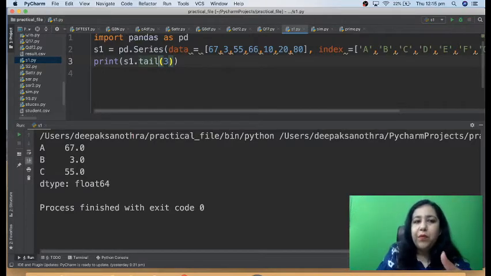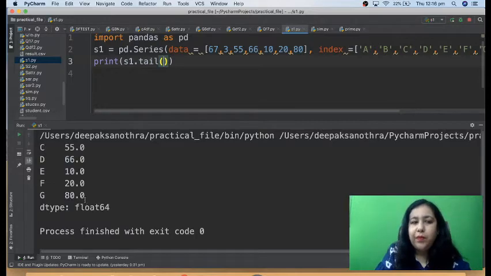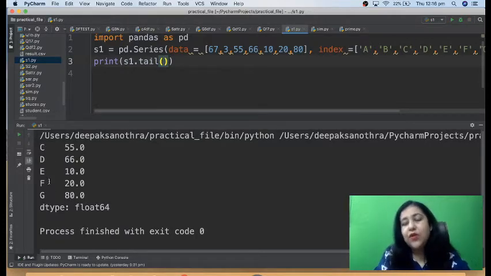If you have to pick from the bottom, it's tail. So if I write tail, so these are the last 3 elements, that is E, F, G, right? If you don't pass 3 here also, it will be showing 5 elements from the bottom. So the last 5 elements will be displayed.